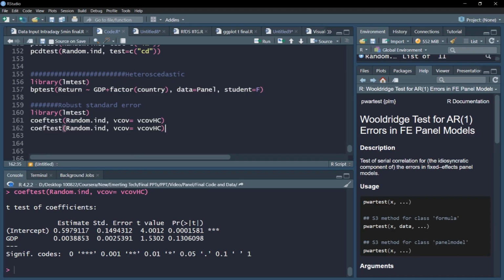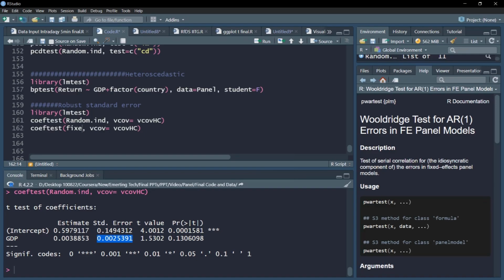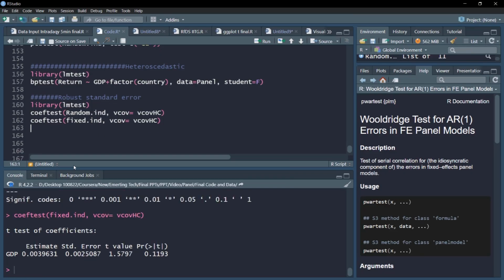Similarly, you can correct the fixed effect model as well. Let's correct the fixed effect model results. Coefficients will not change, only the significance and t values, because robust standard errors correct the standard error, and the t value is the estimate divided by the standard error. So the t value that you get is corrected because of the adjustments to the standard error, and accordingly the p value will also be adjusted. Let's do the same correction for our fixed effect. There's a slight decrease in the power of the test, as you can see, because probably we were getting some more favorable results because of heteroscedasticity and so on. So that is now corrected for.